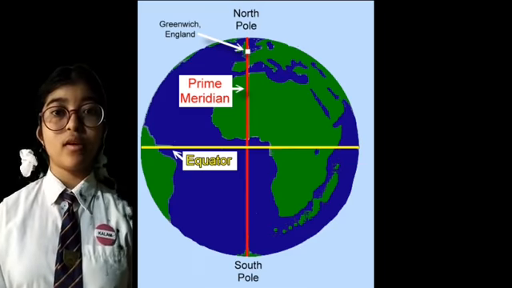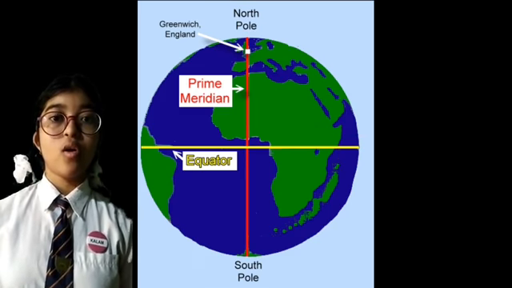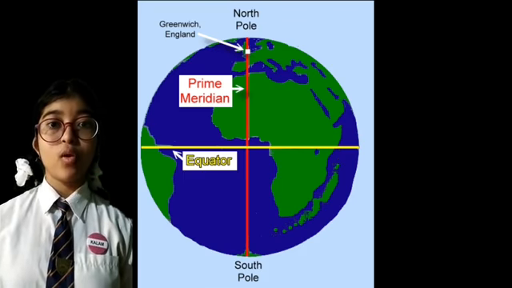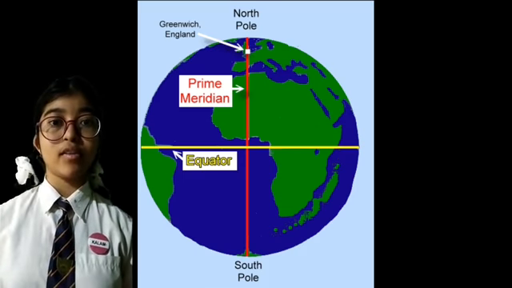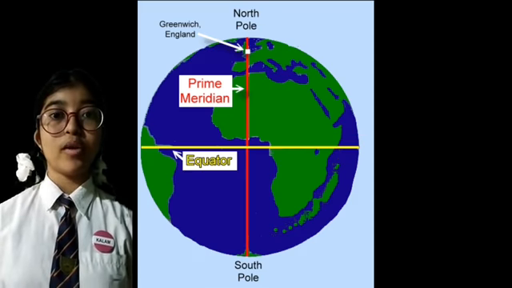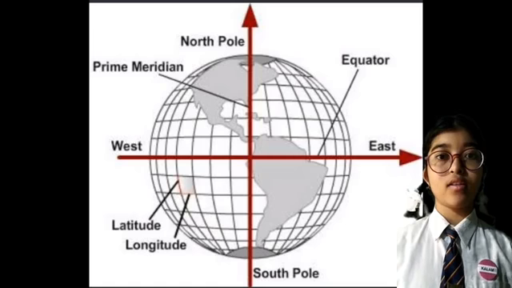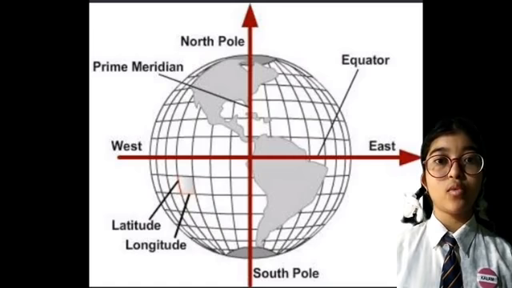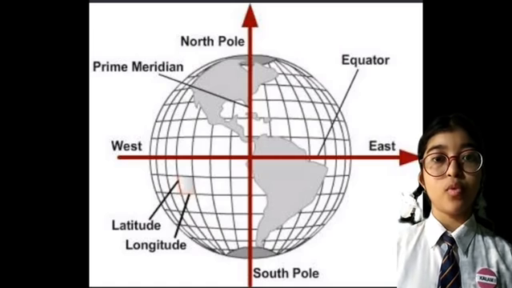A longitude measurement indicates location at a given angle east or west of an imaginary north-south line called the prime meridian, which runs through Greenwich, England. Longitude measurements begin at the prime meridian and extend both to the west and to the east. The latitude measurement indicates location at a given angle north or south of the Earth's equator. So latitude measurements range from north to the north pole of the